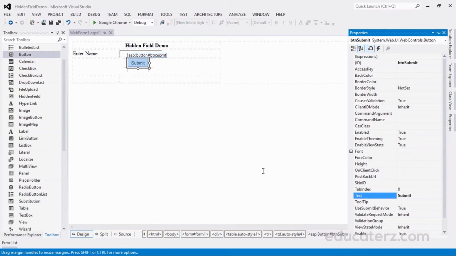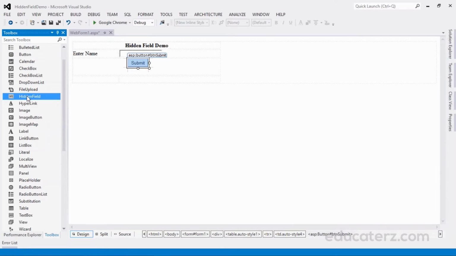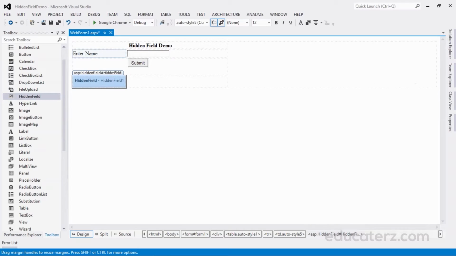Then the hidden field. What is this hidden field called? ASP.NET provides a server control called hidden field, which can be used to store a value at page level, which is similar to ViewState. For example, when we are updating any record, we don't update the ID of that record. For that, we hide it, not displaying it to the user. We have a field called hidden field, like this.